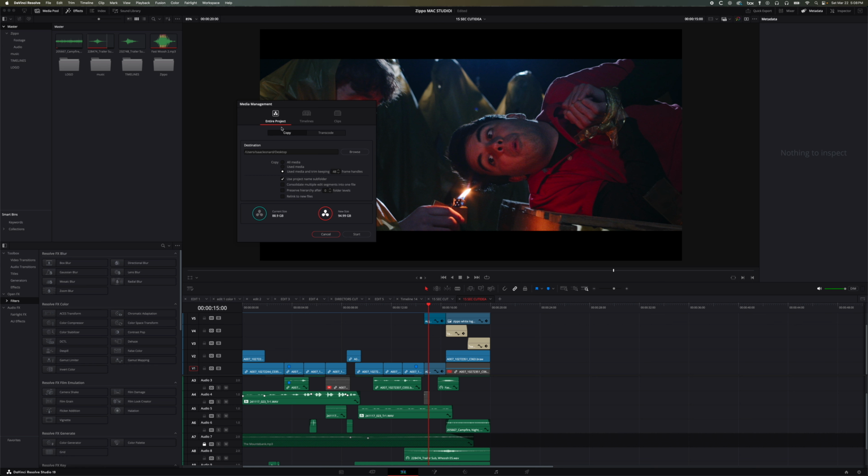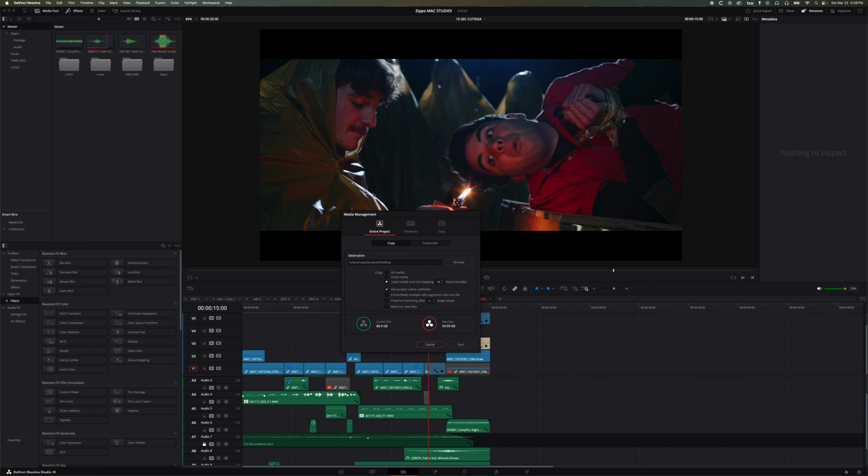box. There's kind of three main sections. There's entire project, timelines, and clips. I'm going to showcase what I prefer. But first off, if you wanted the entire project and you wanted to just keep all that media, you could